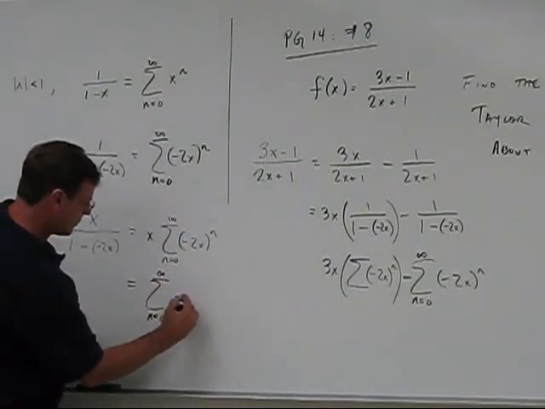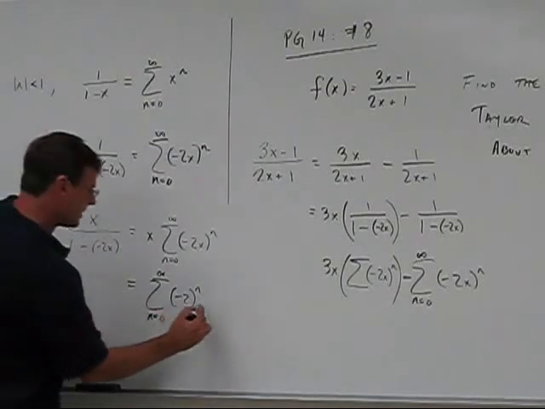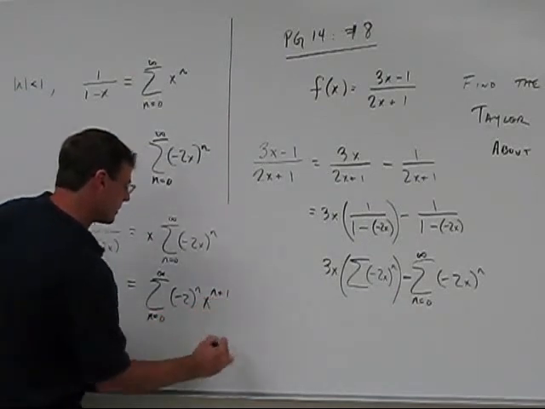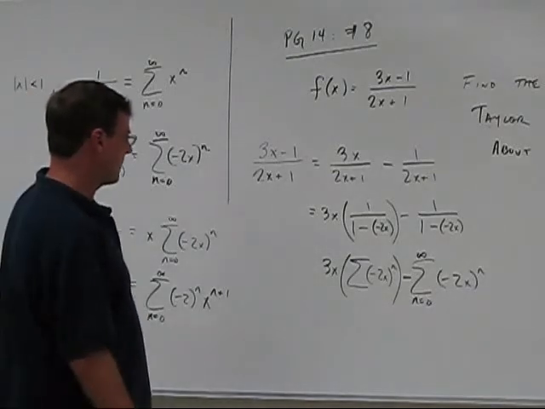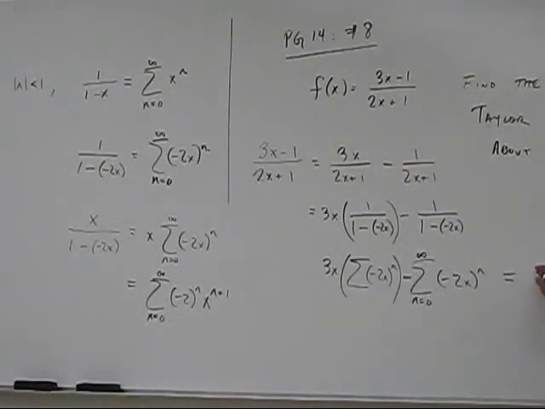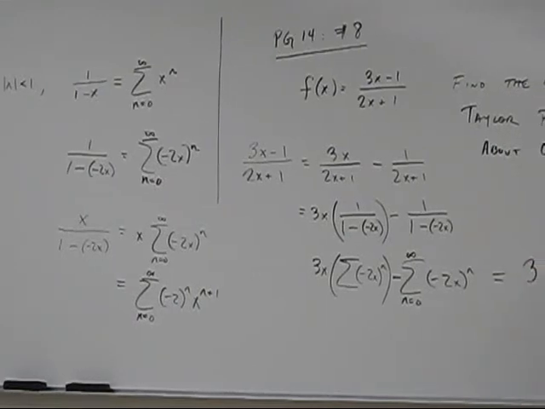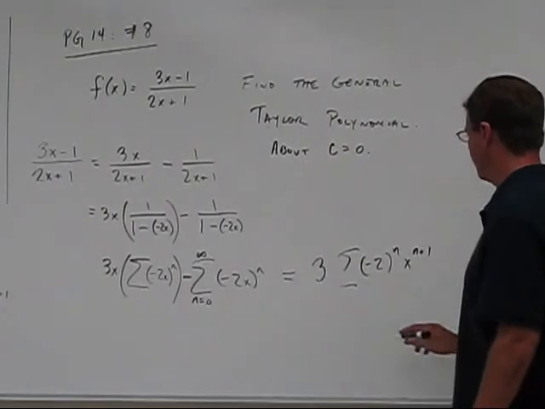This is negative 2 to the n, and then it's x to the n, but now I have an extra x. So this is x to the n plus 1. Okay, so let's rewrite that. This is equal to 3 times the sum of negative 2 to the n, x to the n plus 1,